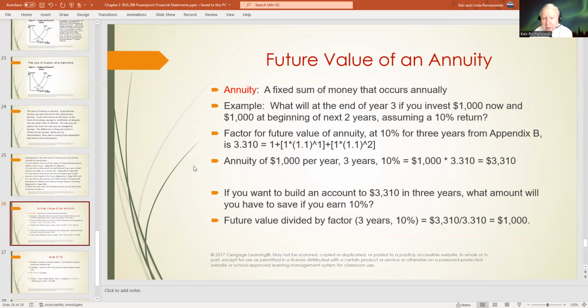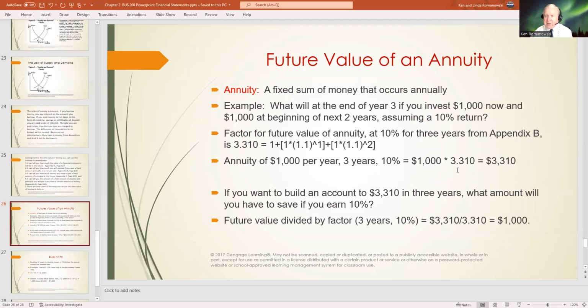So the bottom line here is an annuity of $1,000 per year over 3 years at 10%: 1,000 times the factor, which is in Appendix B of your book, 3.310, so that you wind up with $3,310. So if you're paying $1,000 a year for 3 years and the interest rate that you're working with is 10%, you will wind up with